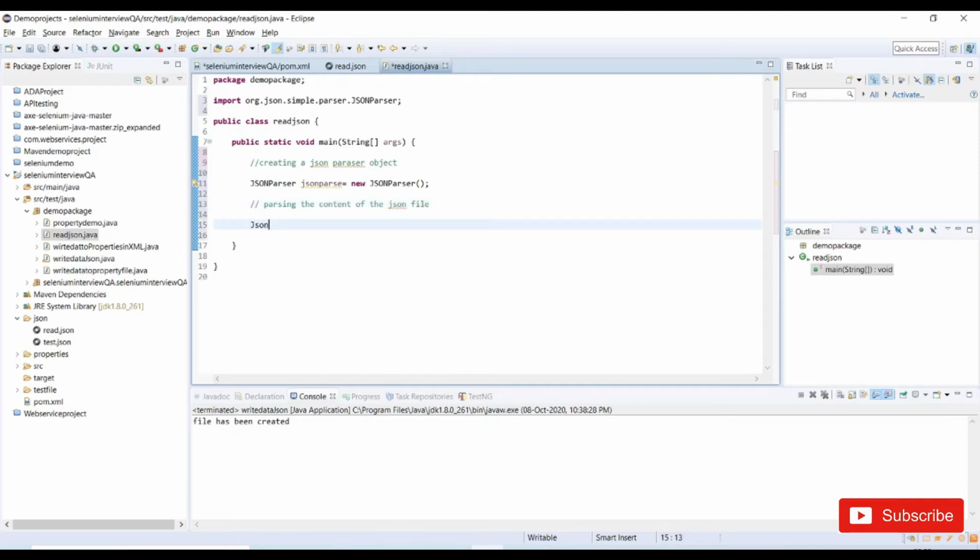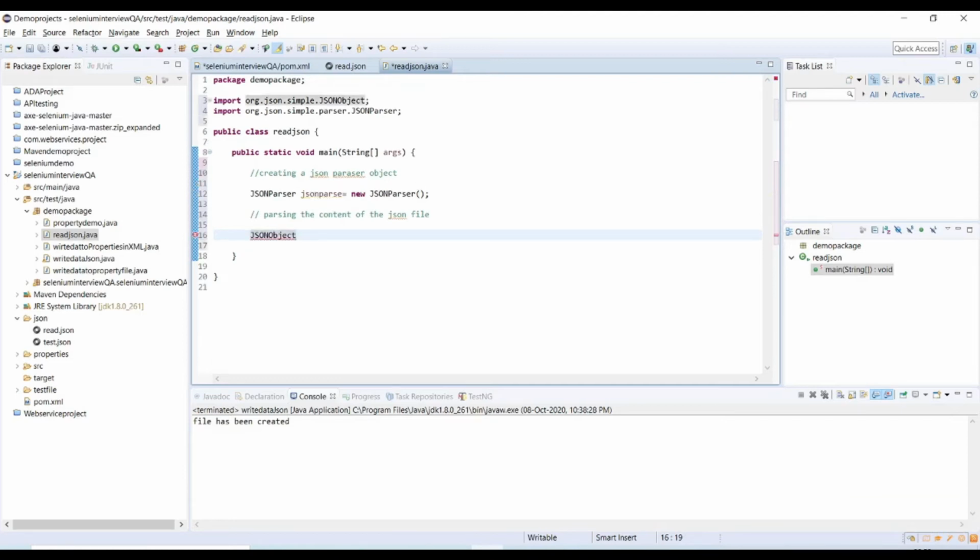We need a JSONObject reference, JSONObject. We need to manually typecast this, so I will do typecasting as JSONObject. And again, we are trying to parse the data from a JSON file.